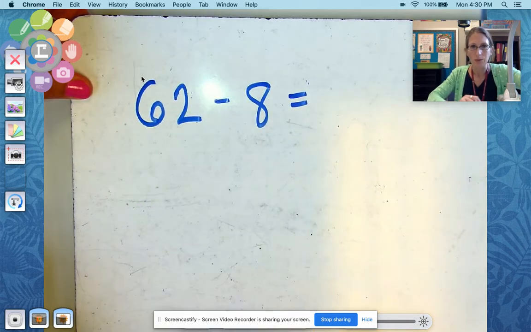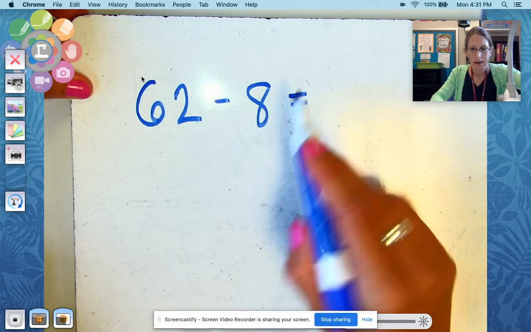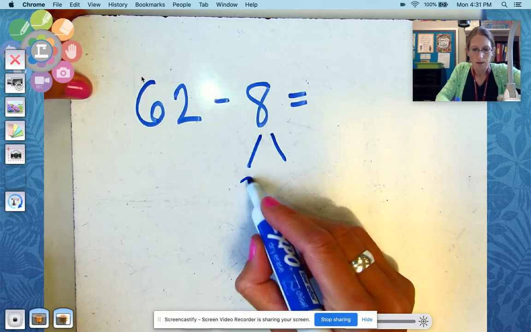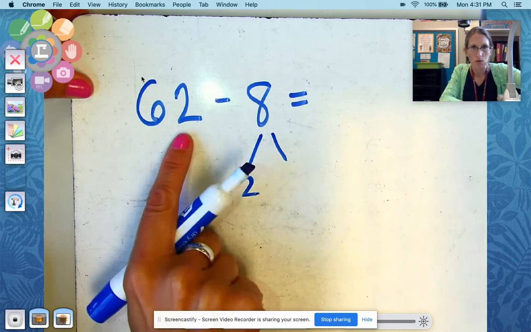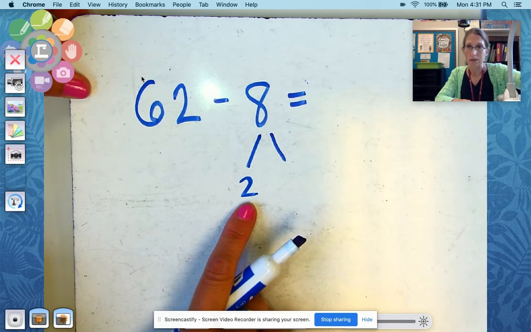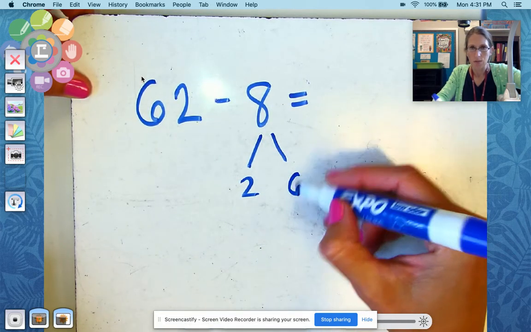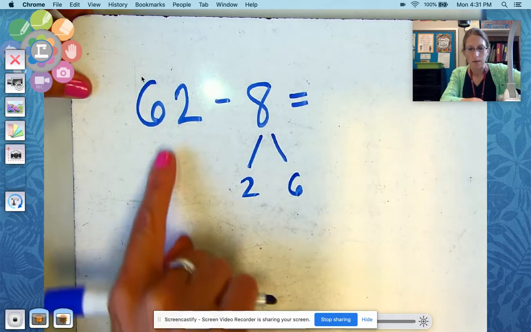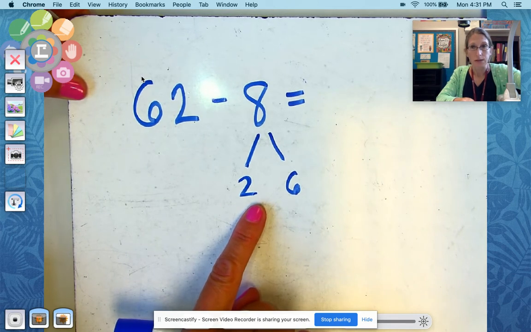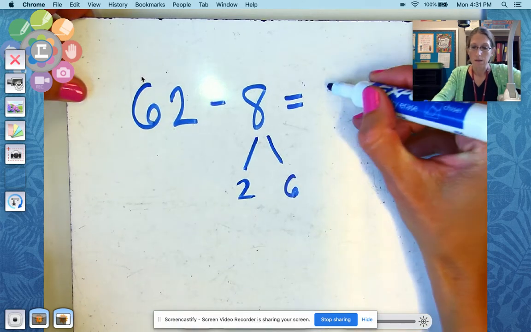Now, another way we could do this is to break apart the 8. We could think about 62 minus 8. Well, I'm going to break apart my 8 to be 2 because I want to get rid of this 2. 62 minus, and then I know if I take away 2, it gets me down to 60. And then 2 and 6, together these two numbers make 8. So I could think about, well, 62 minus 2, that's 60. And then 60 minus 6. And that would be